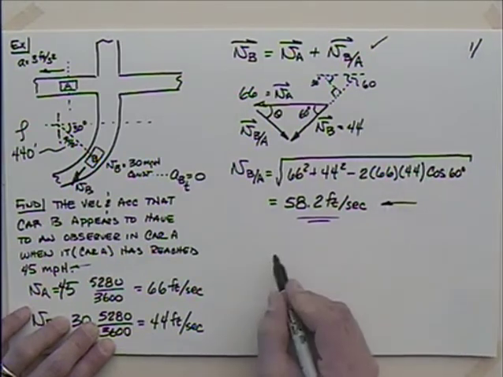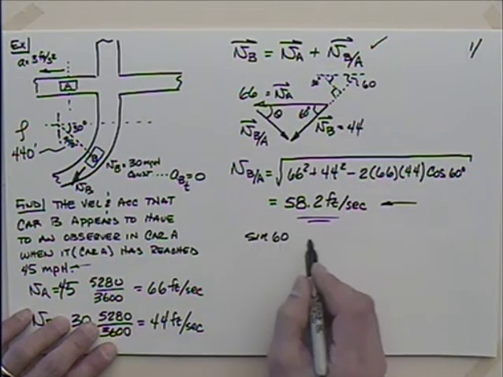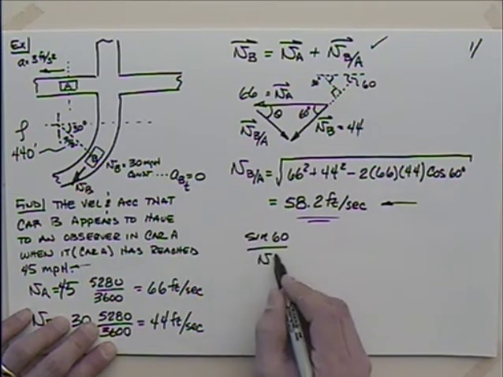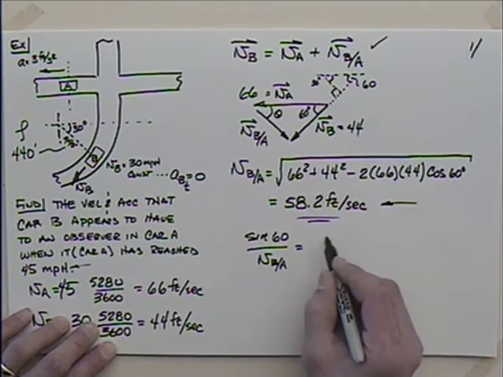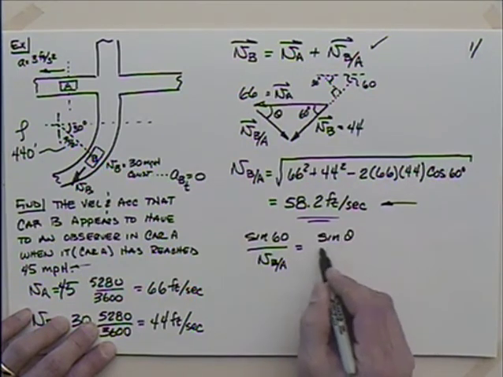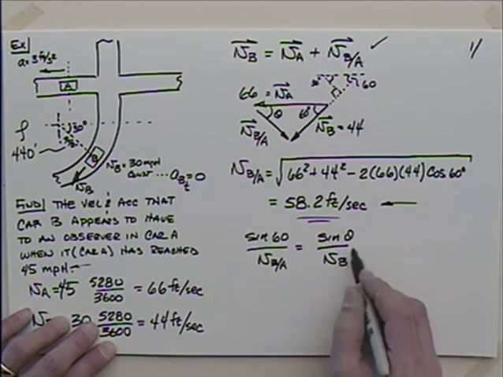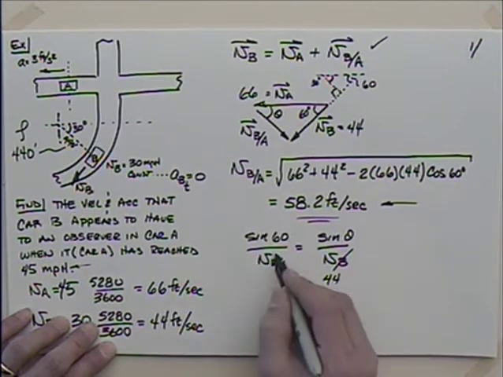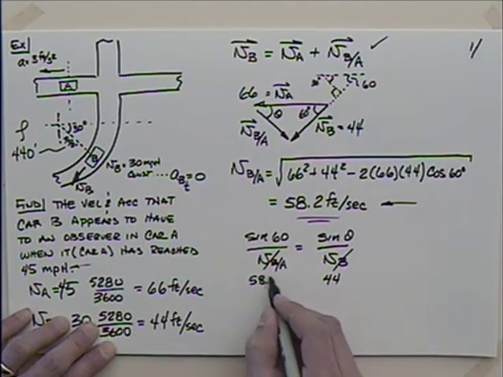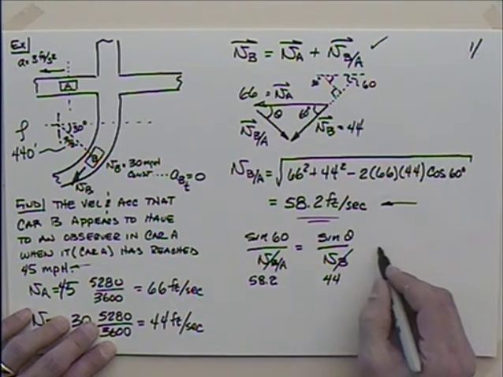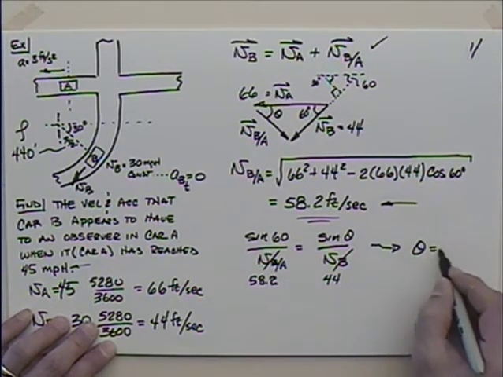If I get theta and get a direction, I can use the law of sines. I can say that the sine of 60 is to the velocity of B with respect to A, as the sine of theta is to the velocity of B. We had the velocity of B was 44. We found the magnitude of B with respect to A, 58.2. So we could solve then and say that theta, going through that, is